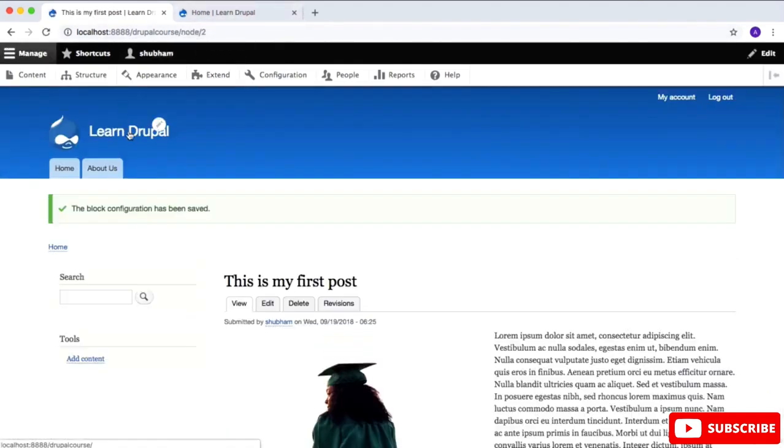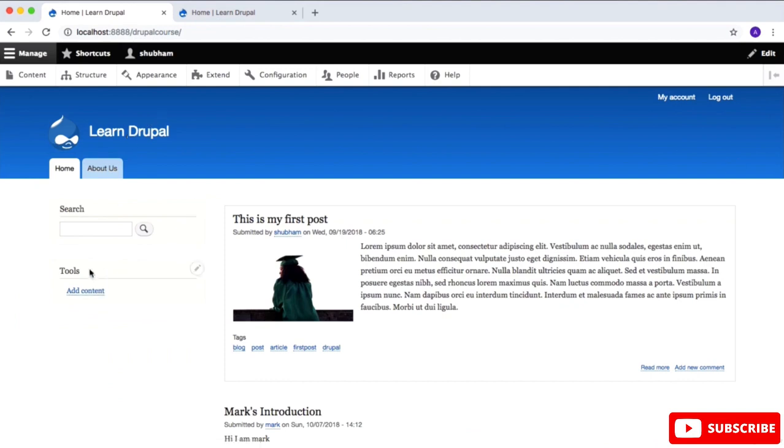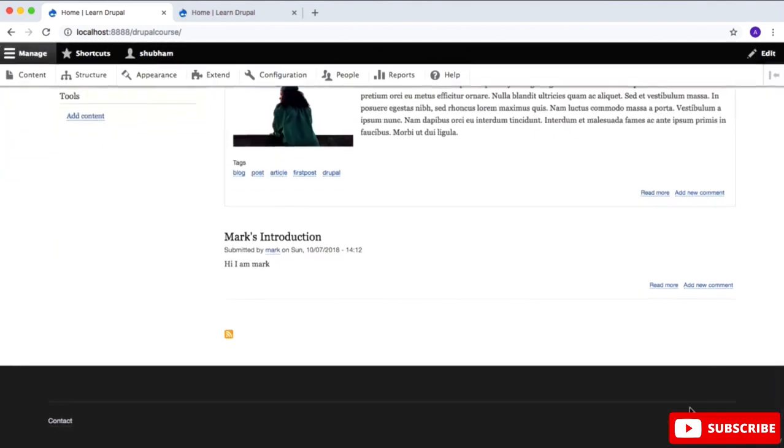And now just go to your home page and you will see that toolbar or this tool block is right there. Now coming back to the point, we were talking about menus. We have a couple of menus in our website, right? We have this main navigation menu, we have this user account menu, and you can check it if you click on that pencil icon, and you can see that this is a menu, as this edit menu option is available there. And this is also a menu, and you can see that edit menu option there. And if you scroll down, then you will see another menu. So just click on this pencil icon, and yes, this is also a menu.